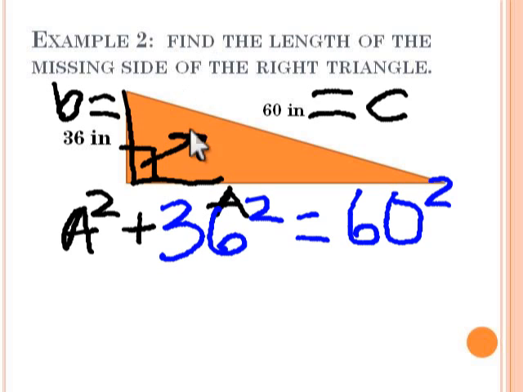Okay, so now we're going to figure out the part of this that we already know. So A squared we still don't know. We're going to replace this with what it equals. And 36 squared equals,